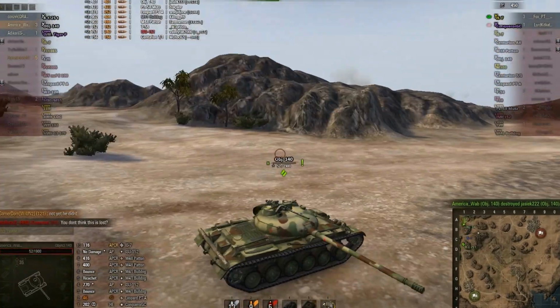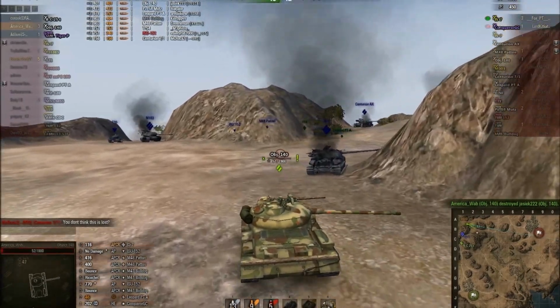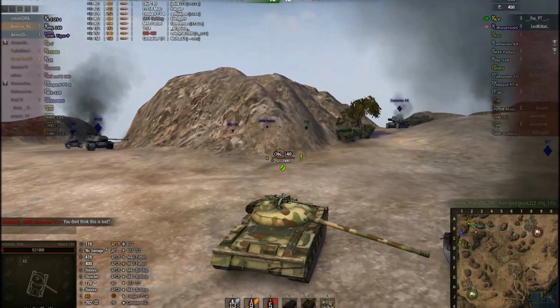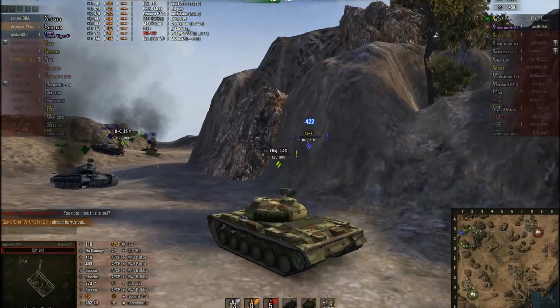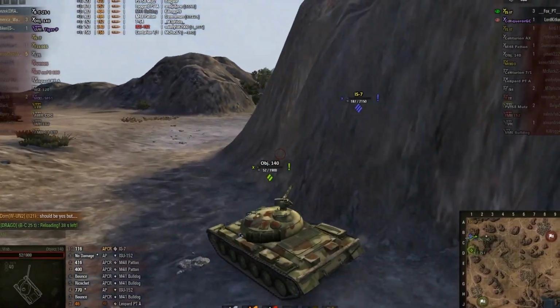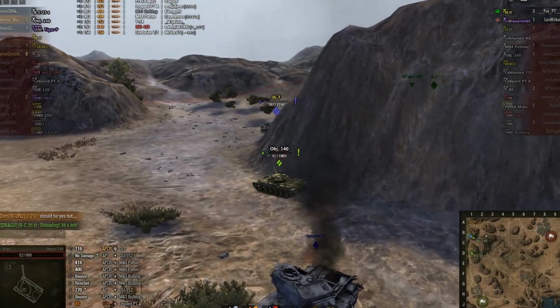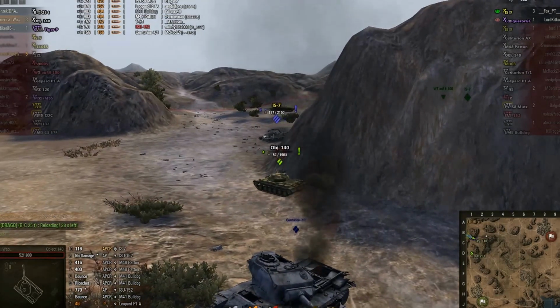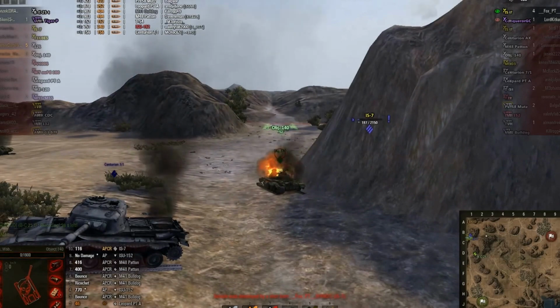We've got an Object 140 who's on 54 health, and we've got a back chat who's on about 100 or something health. He's now been hit again. Was that from the arty? Must have been. So can the object get him? No, no, no. Oh, again, I mean,